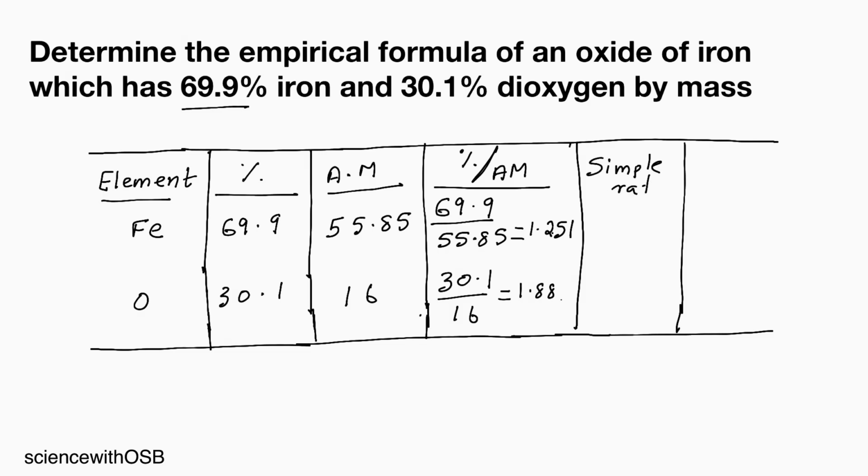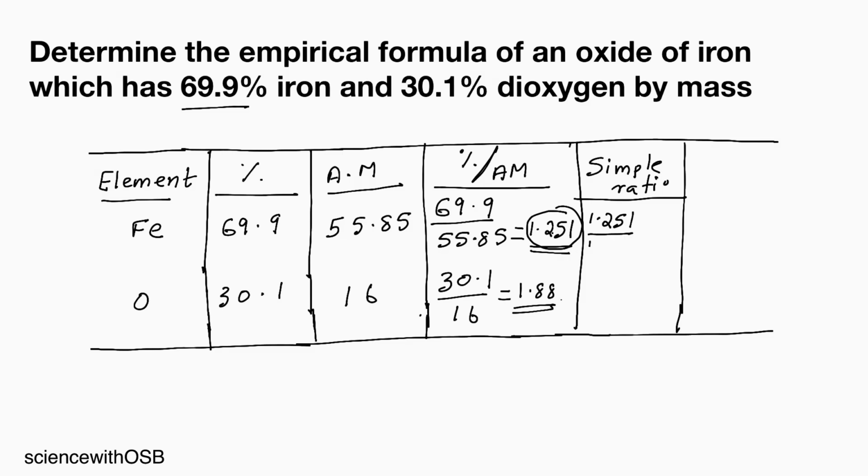Simple ratio. Next column, simple ratio. For that purpose, what you have to do? In these two numbers, which one is the small number? Small number is 1.251, right? So divide both numbers with the smallest number. It is like this: